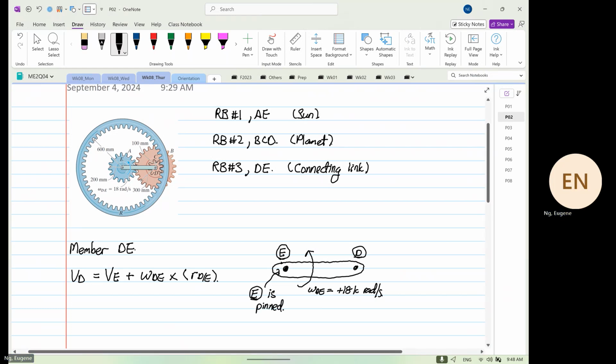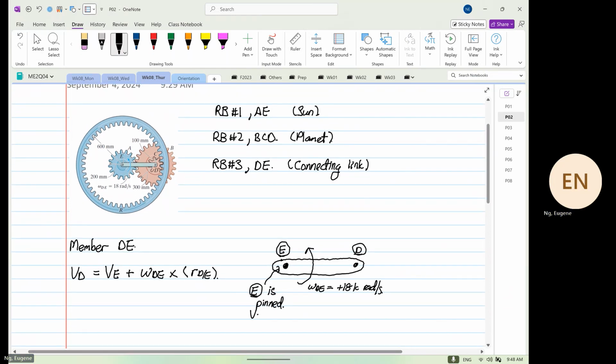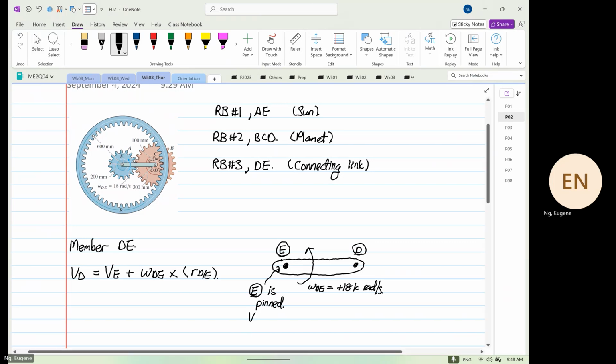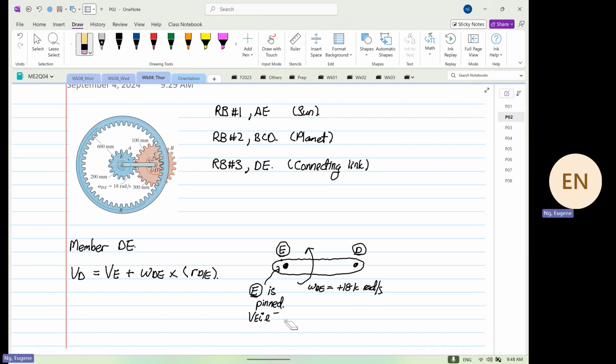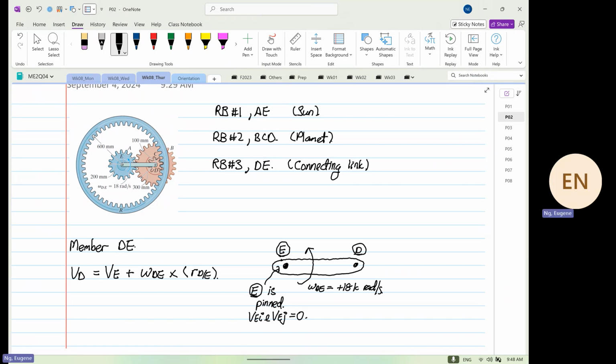So when it's spin, VEI and VEJ are both equal to 0. So from here, based on the direction